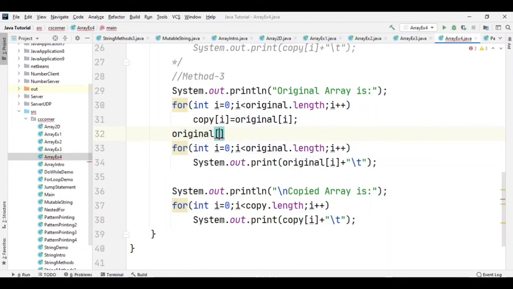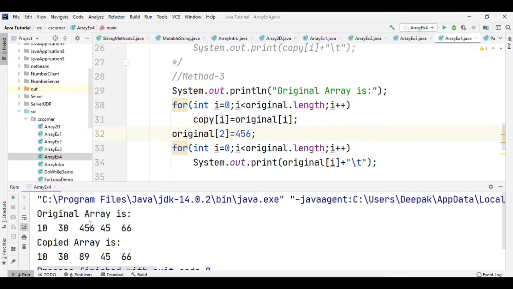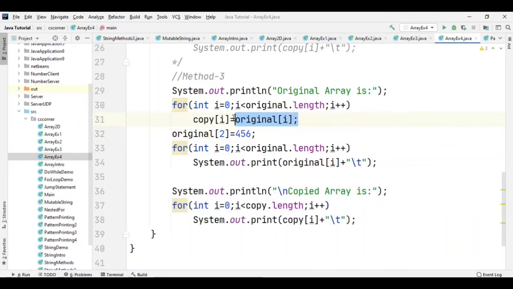So now let me take the second position and assign some value 4, 5, 6 and let's run and see. You can see over here, the value is changed in my original array, but my copied array is not changed, because the line for assigning the original values to the copied array is written before this.